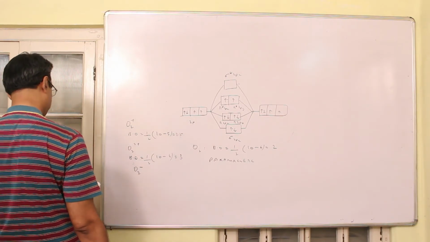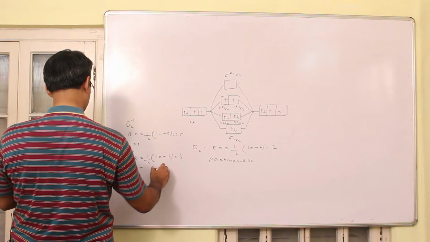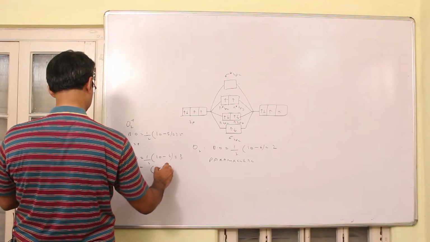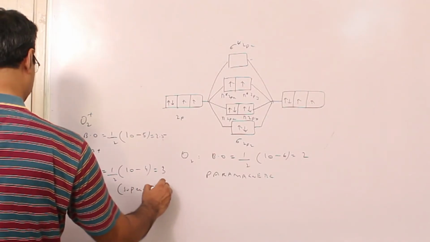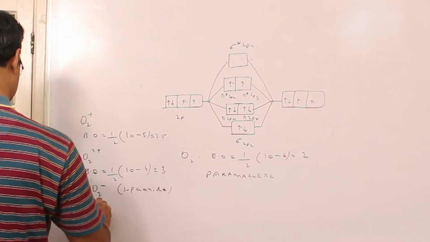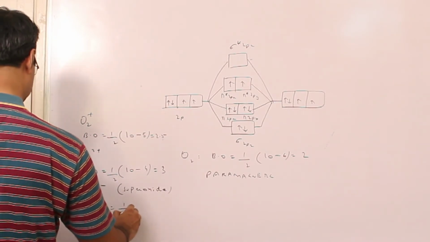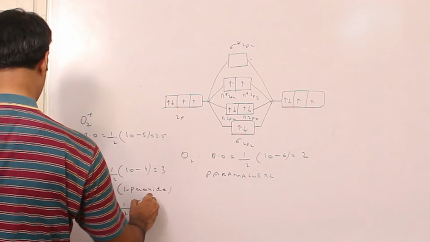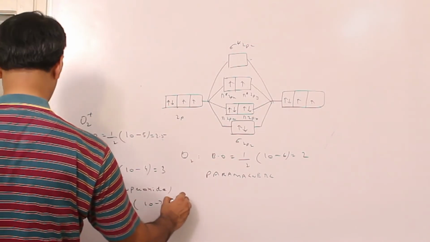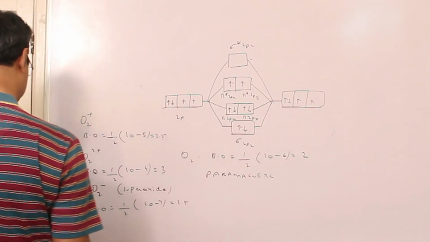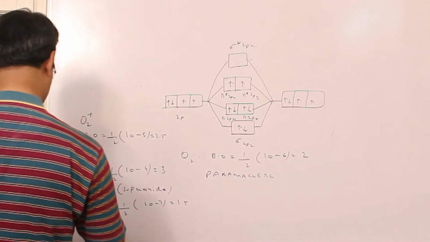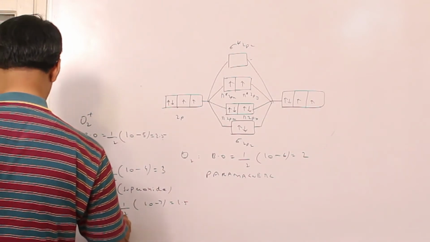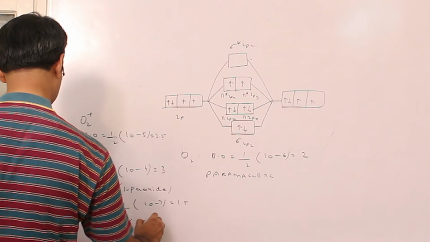Then O2 minus, now please note O2 minus is called superoxide ion. So O2 minus will be half into 10 minus 7, that is 1.5, and